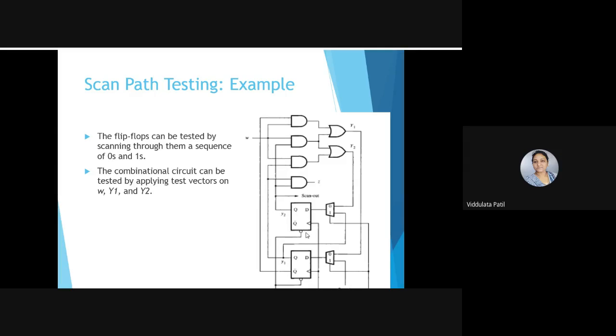Then for one more clock cycle, we are using this circuit in normal mode. That means we will make this signal inactive, and then we apply 0 at this input W. So the total vector that we are applying is 0, 0, 1, and that will be applied to this combinational logic circuit. So here, as Y1 is 0 and Y2 is 1, our Z output is going to be equal to